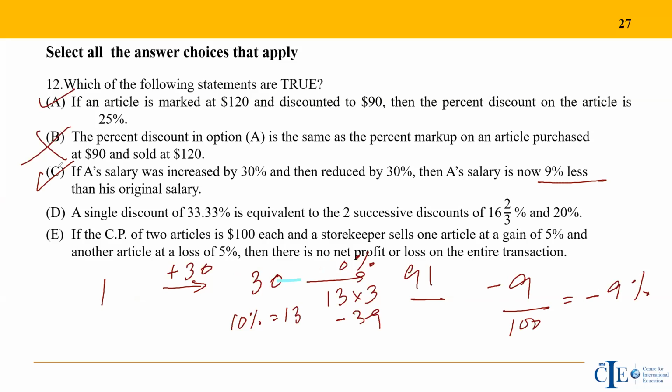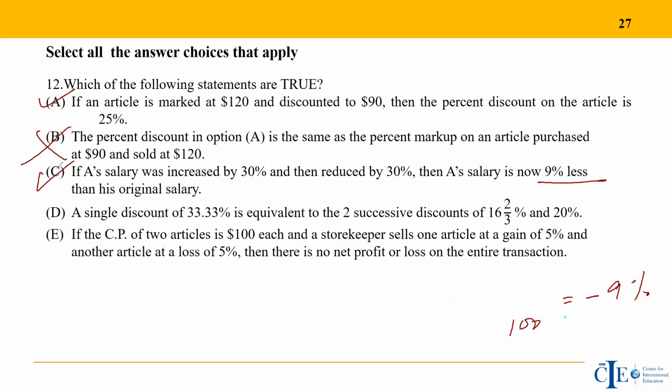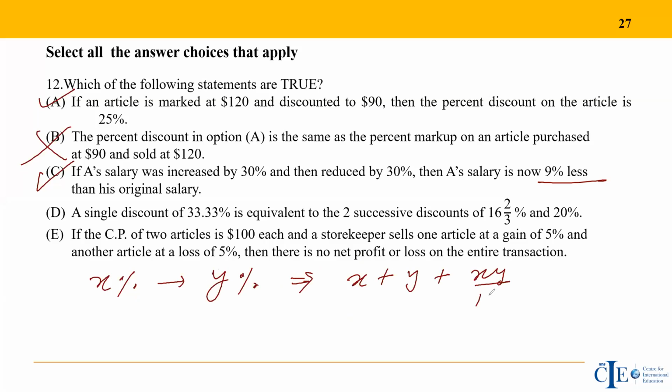Now, if you look at this again, it is a successive percentage change, and you can take it now as a formula directly. Whenever we have a successive percent change, as we did in the earlier part, if you have an X percent change followed by another Y percent, then the overall successive percentage change would be x plus y plus xy over 100, the whole percent. This is as a percent thing. And we have seen how we used to use this: depending on increase, positive value; decrease, negative value. You take x and y as positive and negative depending on the increase and decrease.